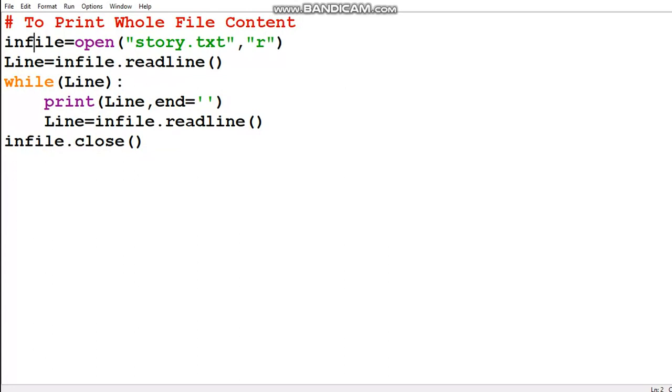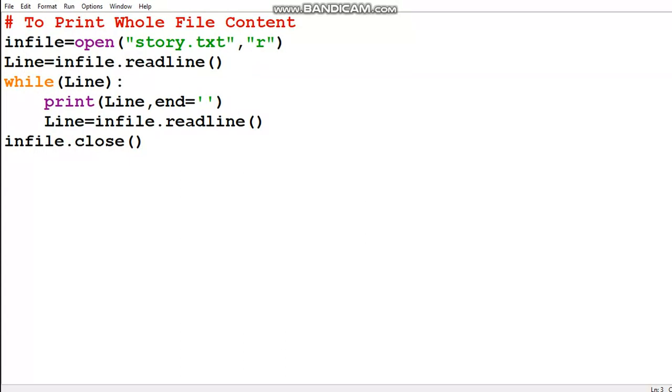And then, as we discussed in our last video, readline is a function to read a complete line. So from story.txt, the readline function will read the first line here, and that will be stored in the variable named line.